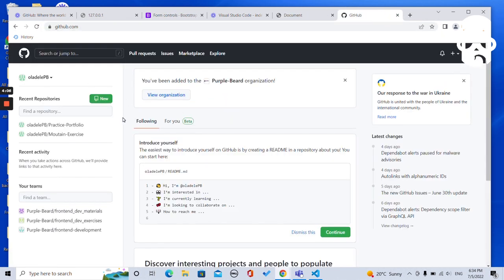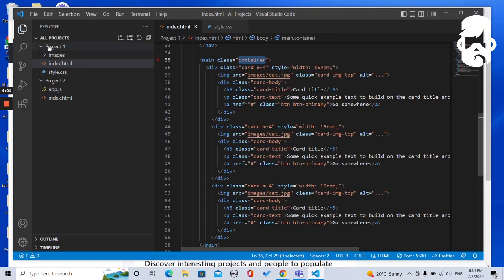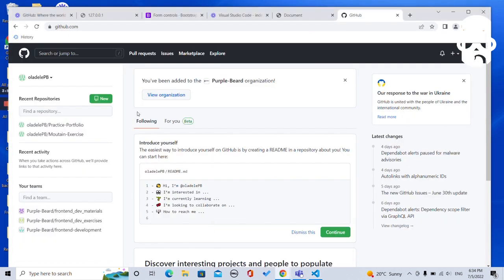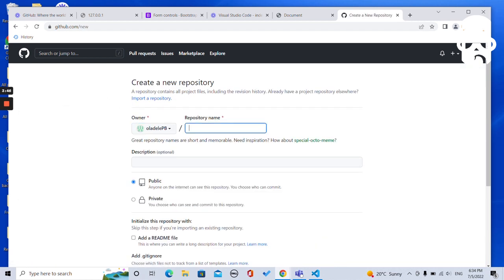So the first thing you want to do, this is a new project, so we have to be careful when we want to push. Currently I'm in my all projects, but I want to push only project one. We would go about that. But the first step, since this is a new project, is click on new, which is to create a new repository, and I could call this websites, maybe demo websites,